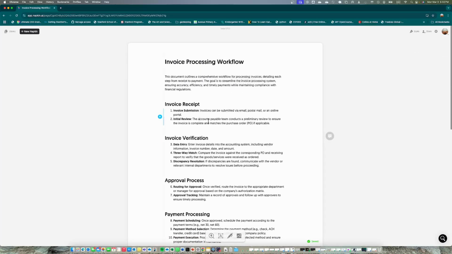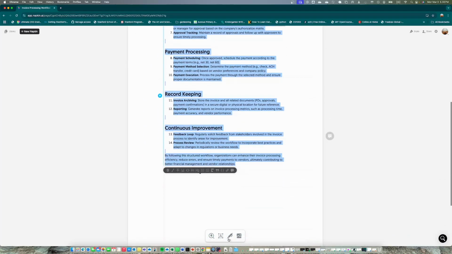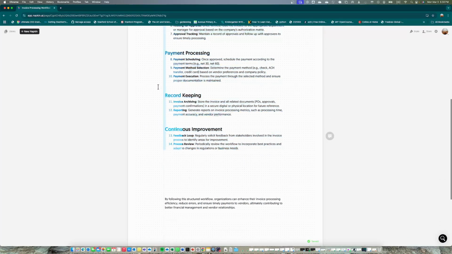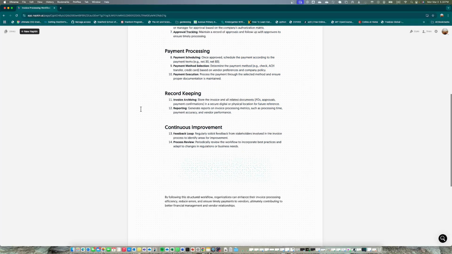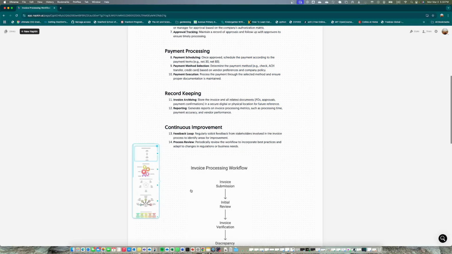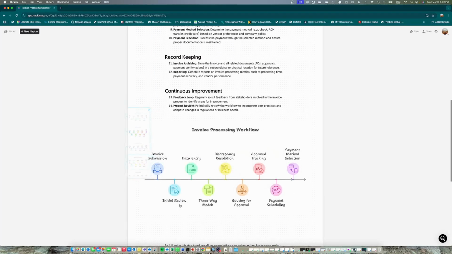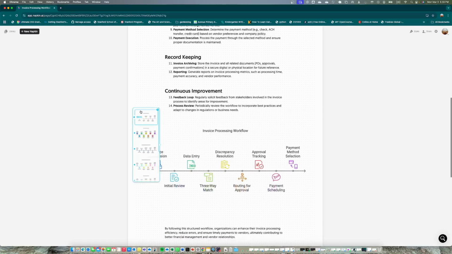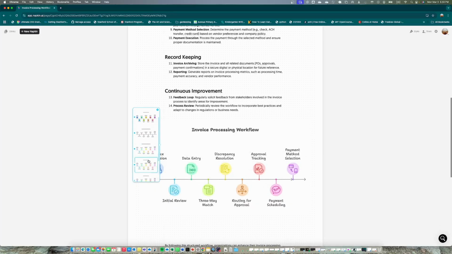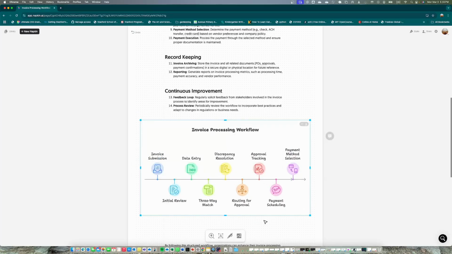You can, of course, edit it. So if I select all the steps and then click this button, like earlier, it will generate a visual. Once you select the style you like, it'll give you further options. You can use different color schemes and different icons. So let's use this one. And as I said, you can change it to anything. You can change the icons. You can search for